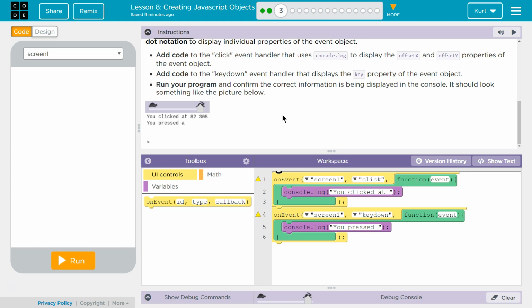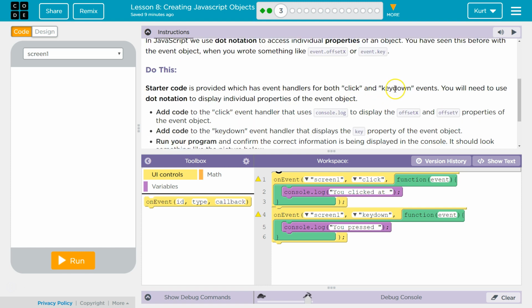Alright, so what do we have here? We need to check the properties of click and key down. So we need to add something to display the offset X and offset Y properties. So let's go over to variables. Nope, in math. Oh, they're making us write it all. That's mean of them. Okay, so using our console log, we'll leave clicked at, and then we need to use